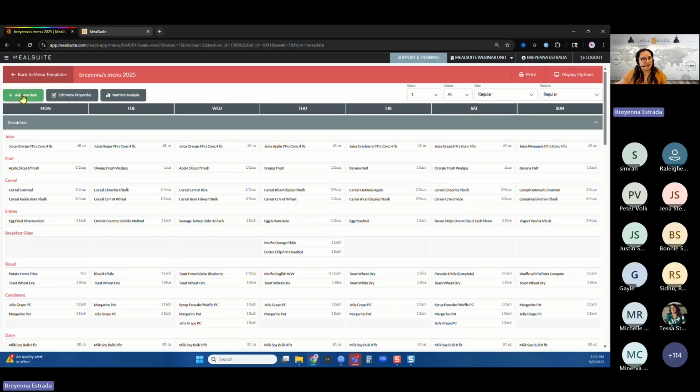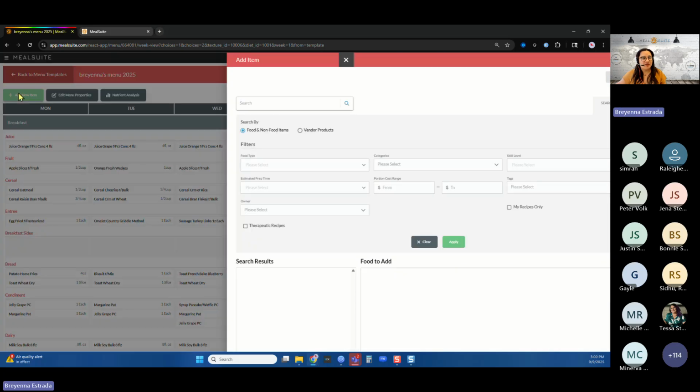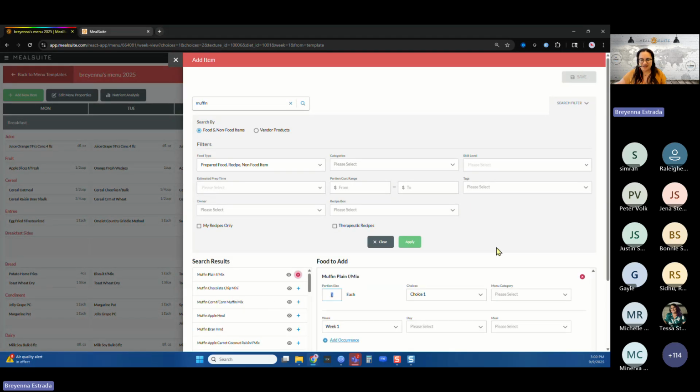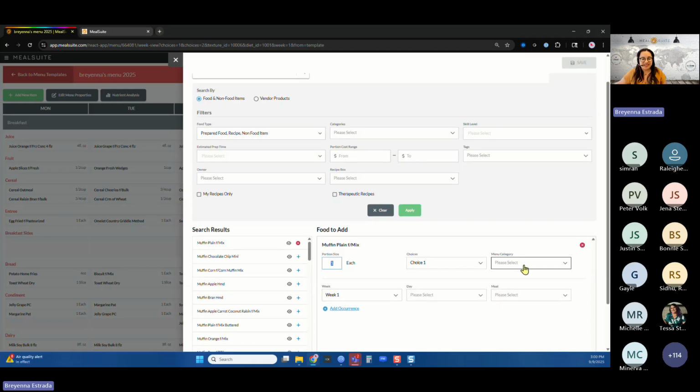Now, really quickly, I just want to go to the left-hand side and show if we click on Add New from here, let's do the same thing. I'm going to do another muffin. And we'll just do a plain muffin here. Click the plus. This is really the only difference because we didn't go directly into a day and category. That field is not pre-filled out for me. So I'll just use this drop down and select where I want it to go